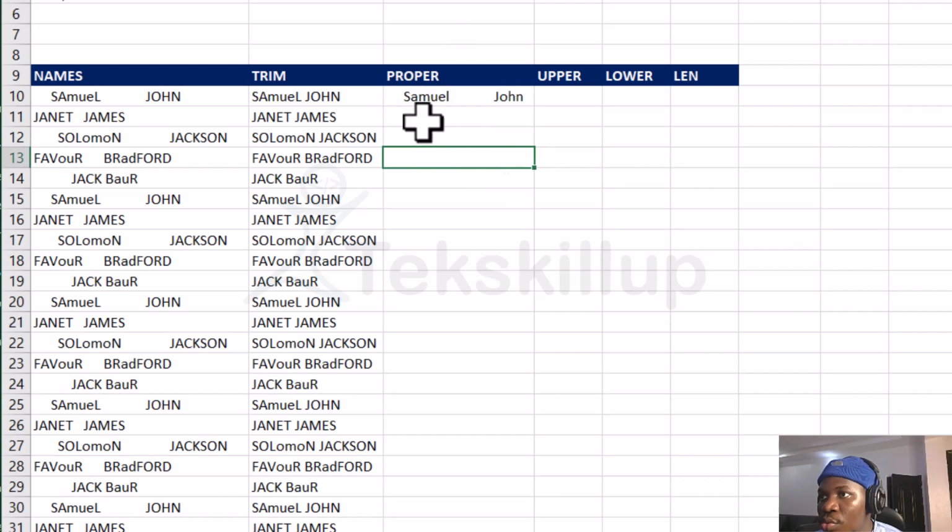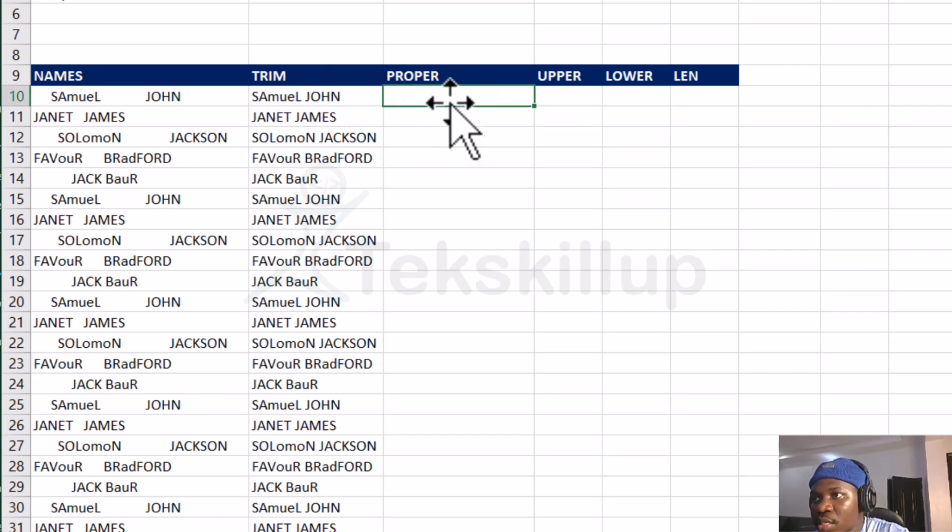Its work is to make sure that the first word is capitalized, and we can see here, so it lowers every other capital letters within this text, Samuel, John. Now we wouldn't want to do that. We would want to apply the proper function to the trim here. We've already trimmed this, so we can as well cancel this. Let's delete this and then let's try to use the proper here, proper of this,